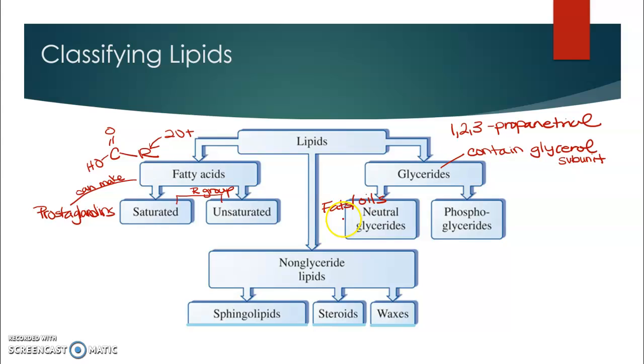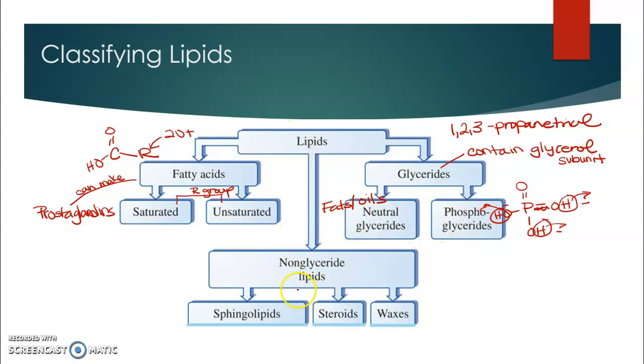Now the ones that are not neutral, because they're going to have a charged portion coming from a phospho group, are our phosphoglycerides, which some people just will call phospholipids. So they're not neutral because that phospho group, so phospho comes from that idea of phosphate or phosphoric acid. Oh, I never get this right. Sorry. Ignore that double bond right there. That phosphate can donate these protons or react, and then we're going to get charges there. We're going to get charges on these. And so we're going to have a charge in that as opposed to our neutral ones.